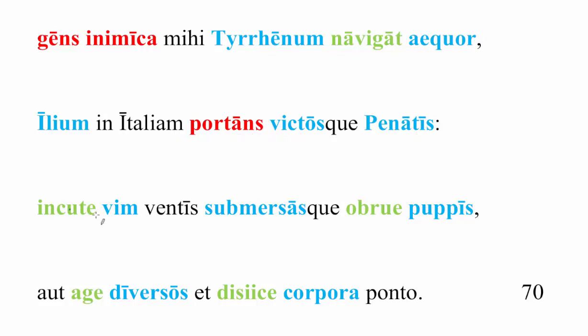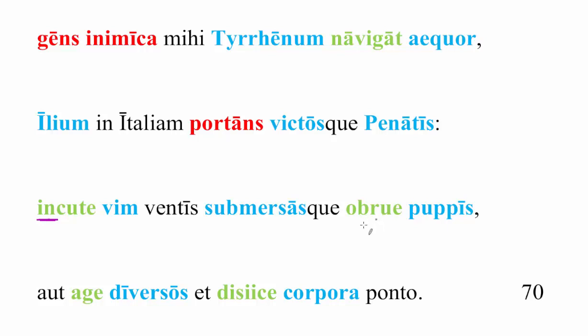So this is the problem. And then we see a series of 4 imperative verbs. This is Juno's wish for Aeolus. Incute vim ventis. Strike power into the winds. Now we see that the in is here on incute, and we know that ventis is dative because of this prefixed verb. Okay? Once again, the prefix makes ventis dative. Strike force into the winds and